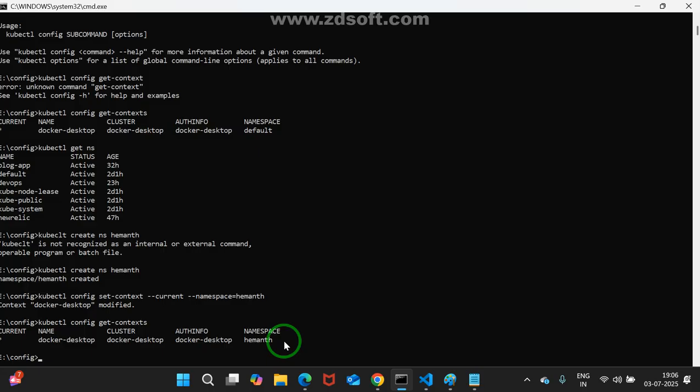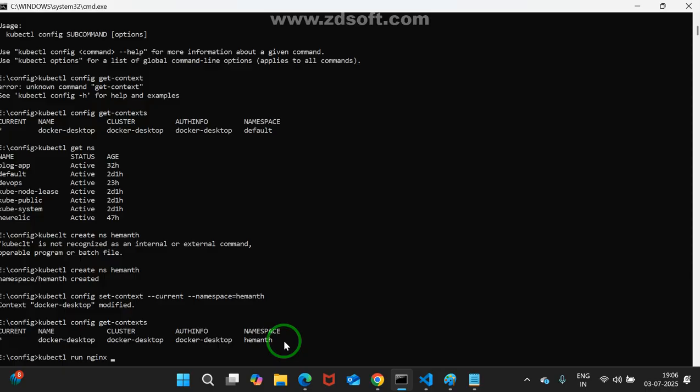Now, everybody tell me how to create one pod by using imperative language. I want to create a pod quickly by using imperative. Quick response. Tell me the command. kubectl run, pod name, maybe nginx.